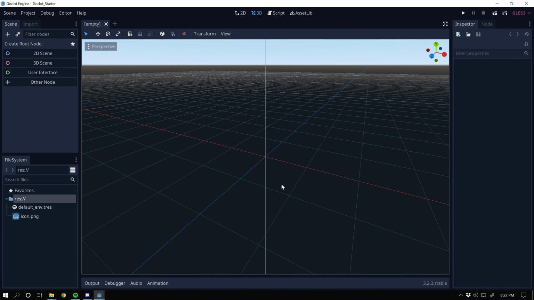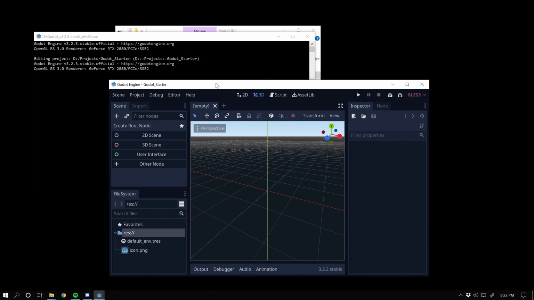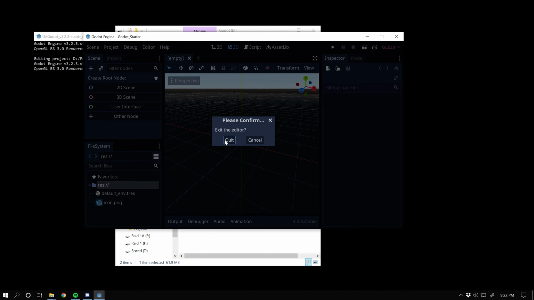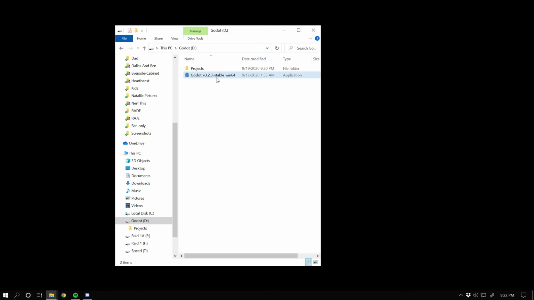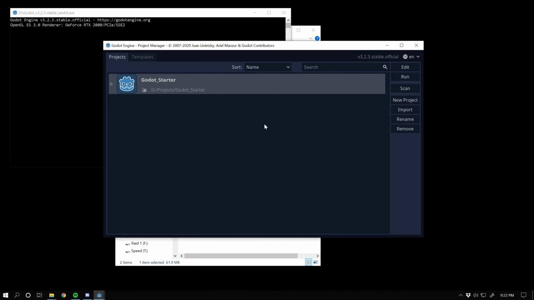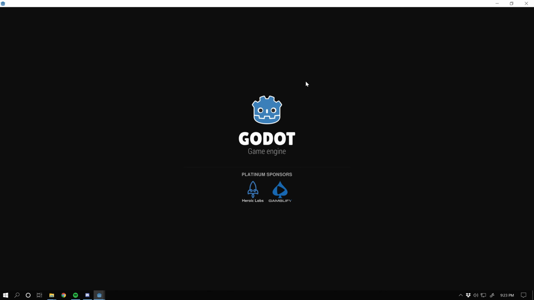And now we are at Godot for the first time. I'm not really going to show you much of anything on this one, but that's pretty much it. If you close it, you can hit quit. Then when you run it the second time, it's already got your project that you started last time, and you can click it and then hit edit. If you hit run, it's going to think you want to play the game, but there's no game to play. So next time, you want to click here and hit edit, and it's going to take you back to your